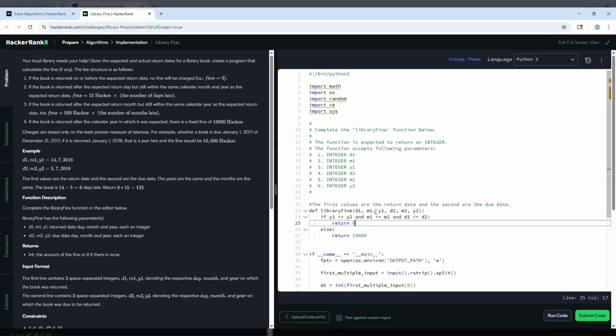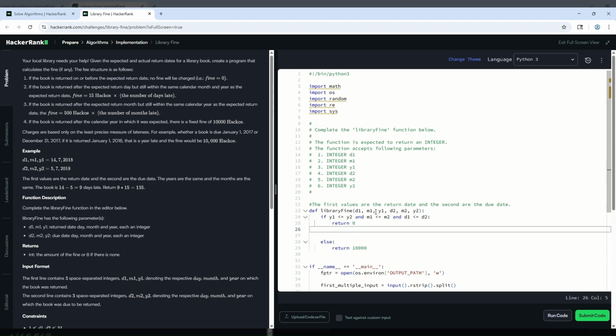You know what? We're just going to try using the difference in months, and if that doesn't work, we'll prorate it. I have a lot of hackos, so if I have to spend to buy a test case, no problem in my book. So let's add if the book is returned after the expected